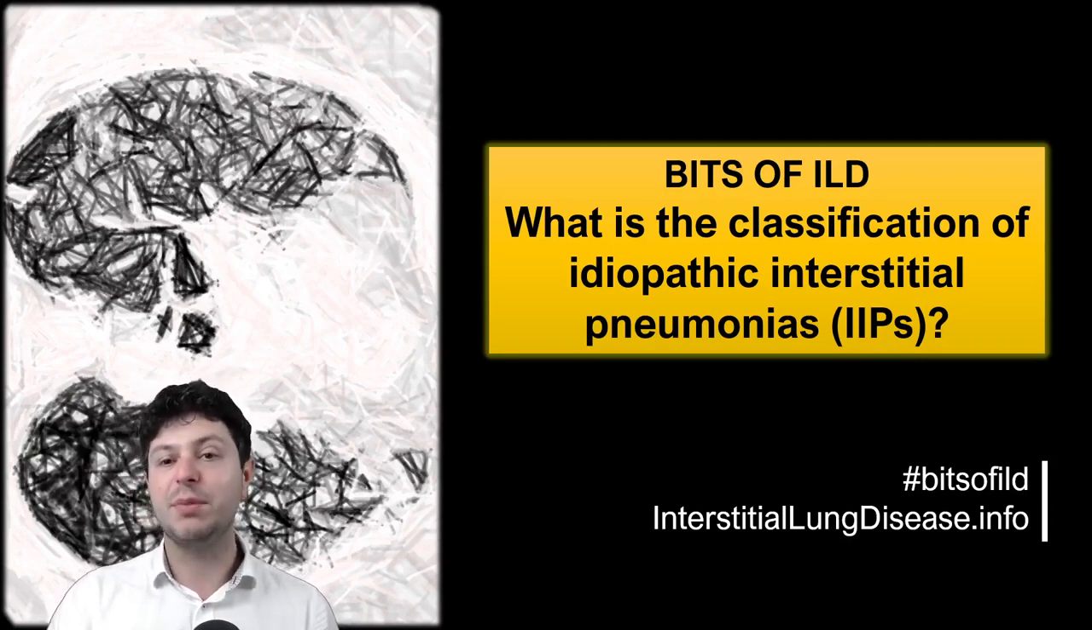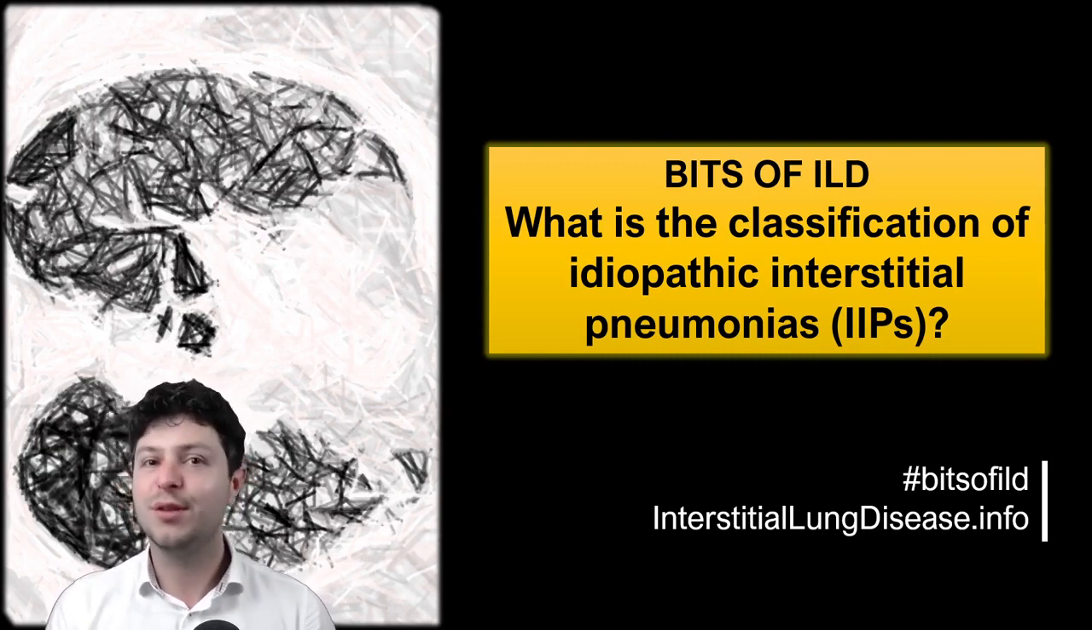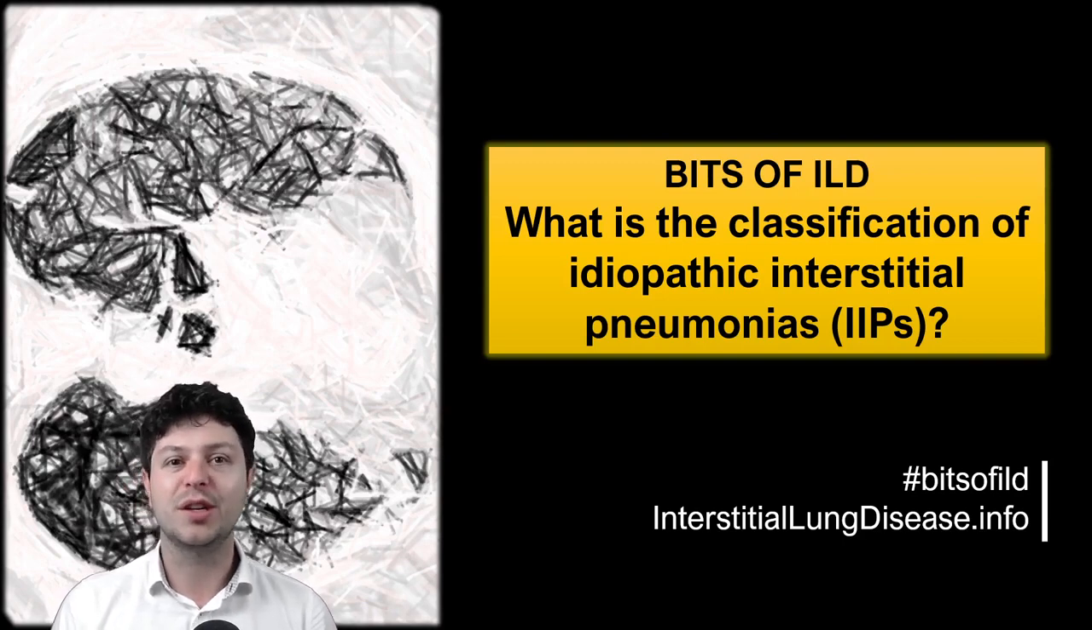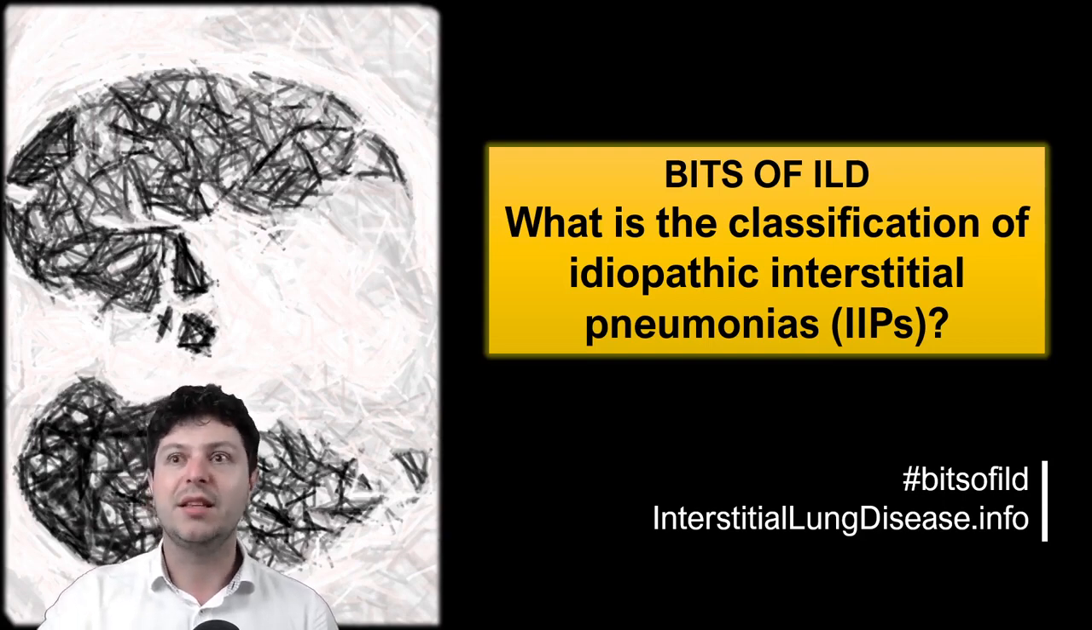In this video, this Bits of ILD presentation, I'm going to be covering the classification of idiopathic interstitial pneumonias, just to delve into the letter soup, the alphabet soup, or whatever you want to call it, of all the acronyms that are considered conditions. So we don't have very good names. We don't call conditions hypertension or diabetes or whatever. It just has a lot of these acronyms, and it's important to be familiar at least with the classification of